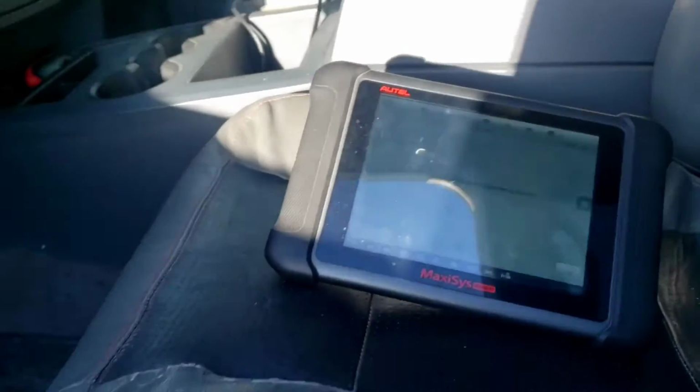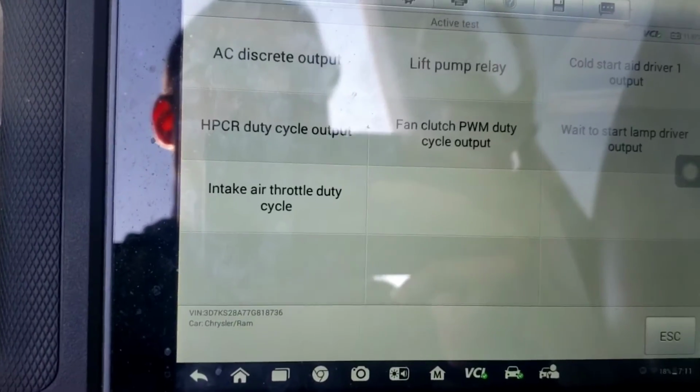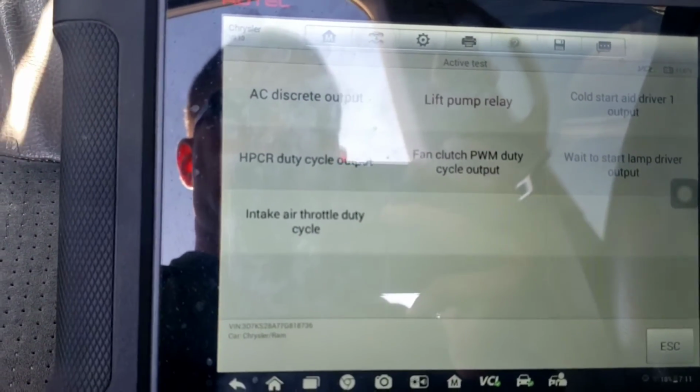If I can hear it or not. The other day I did this, I thought I could, but no. Now it says the selected function is not supported by the ECU. The other day when I wasn't filming, I could have sworn this thing would turn on. It would let me do it. But now it's not. Which makes sense because we have major issues with this